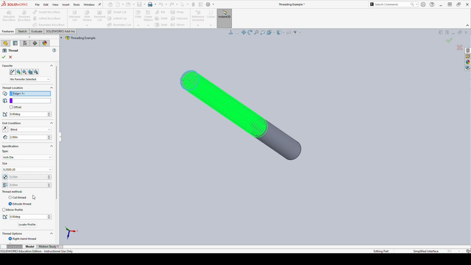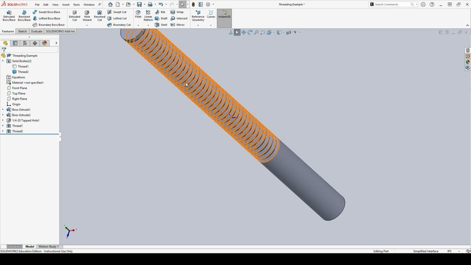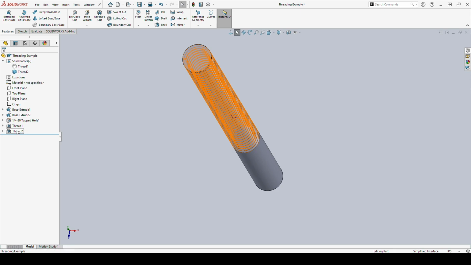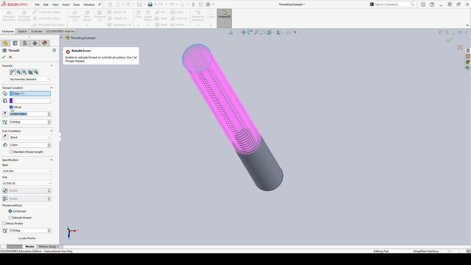So again, I have to be careful whether I want cut or extrude. In this case, my extrude isn't going to work. I want my cut based off of my sizing, and it is actually going to add threads to my part, so I could more or less make a screw or something like that. This is just showing that the other is not going to work. Going back to cut thread,